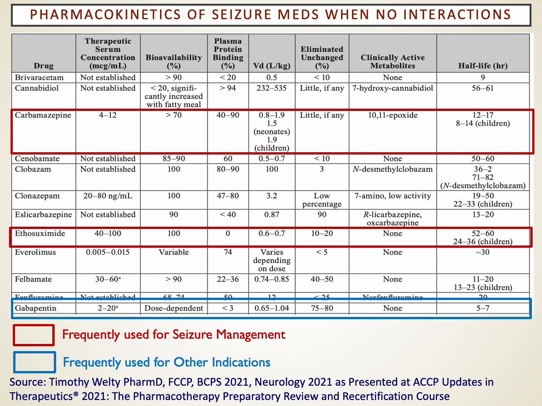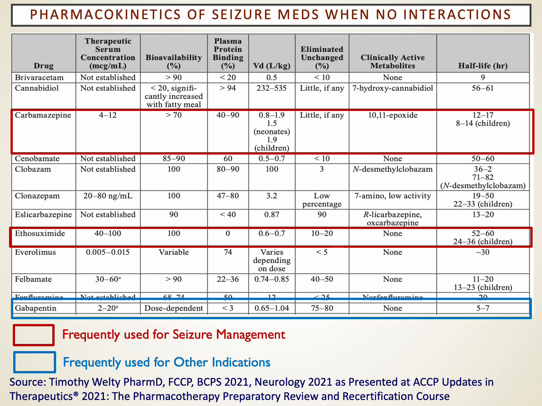So for carbamazepine or Tegretol, this is a drug that has to be slowly administered over time because of GI upset. So we start at a low dose orally. It's only available orally, and we work up our dosing over a couple of weeks because of the GI tolerance. We have a standard level we'll monitor. 4 to 12 is the serum level. We'll get that with Tegretol or carbamazepine.